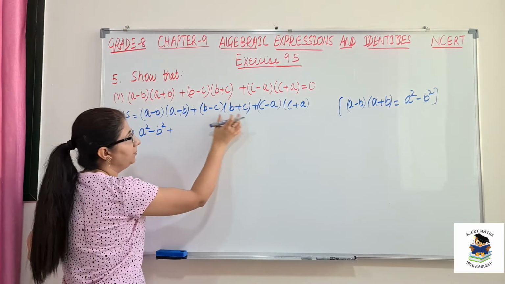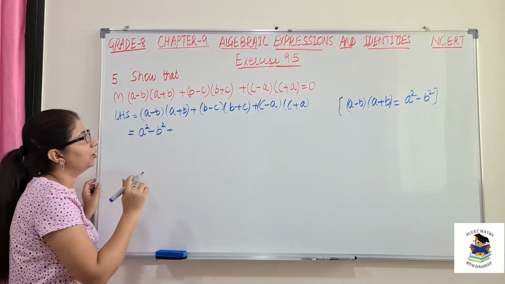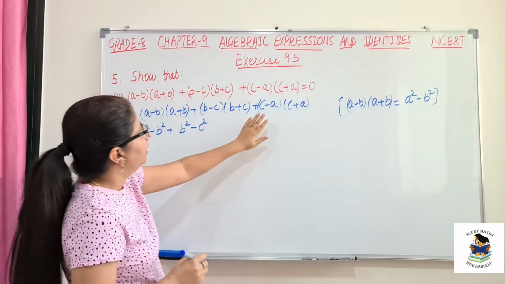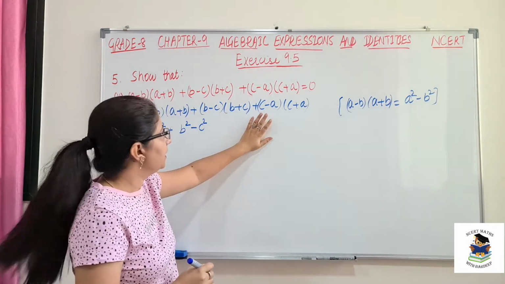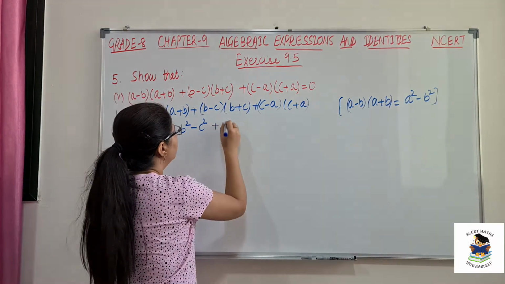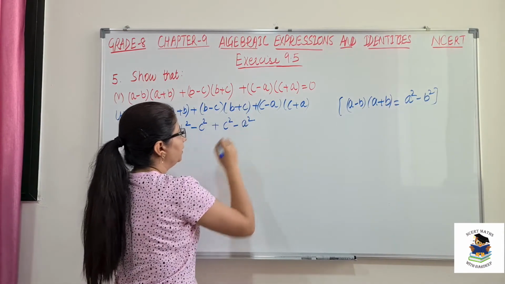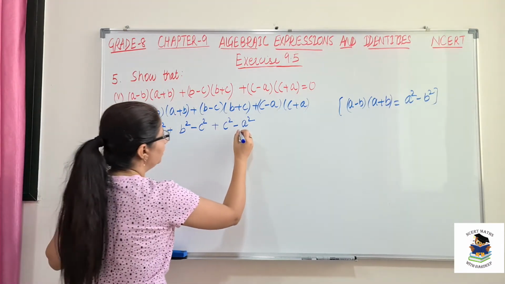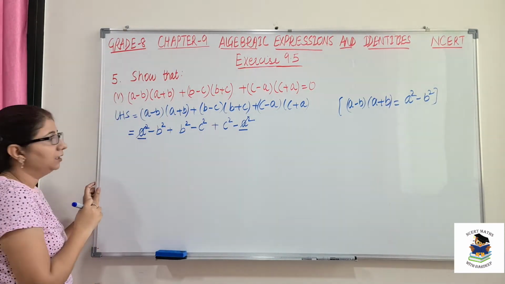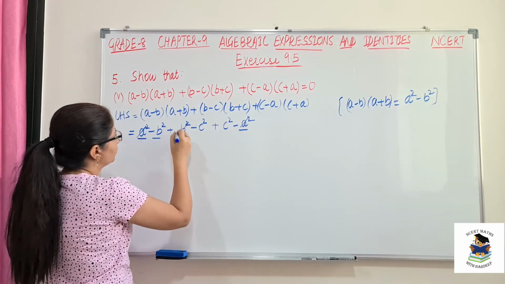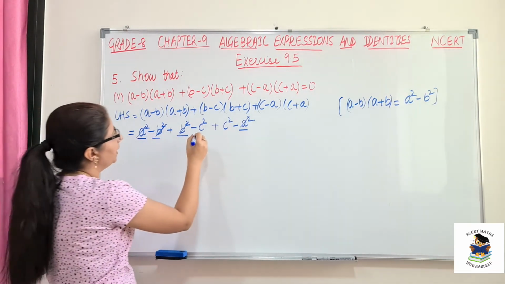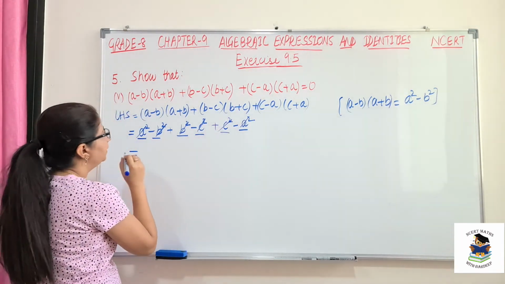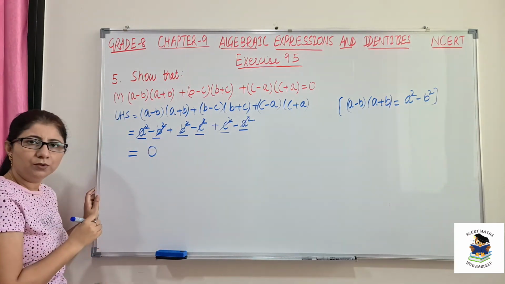Now here again same, b minus c, b plus c. Same terms with opposite sign. So first term square minus second term square. Here if we see c minus a into c plus a, again same terms. So first term square, that is c square, second term square, that is a square. Now let's see plus a square minus a square. They will be cancelled. Minus b square plus b square. Again cancelled. Minus c square plus c square. This will be cancelled also. So we are left with no term. So answer should be equal to 0.